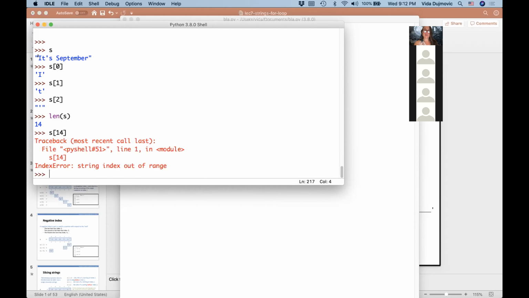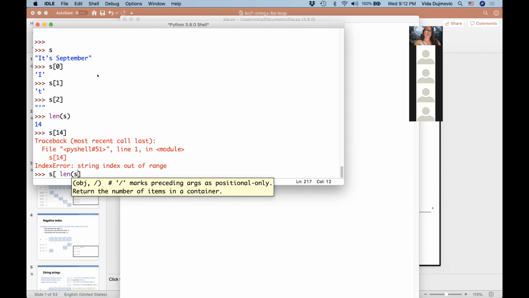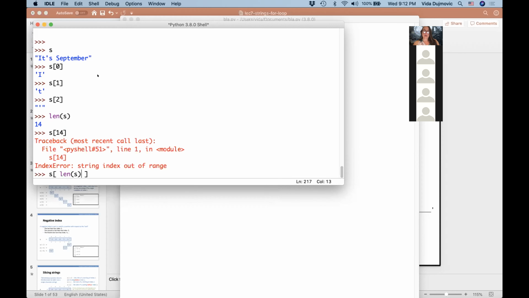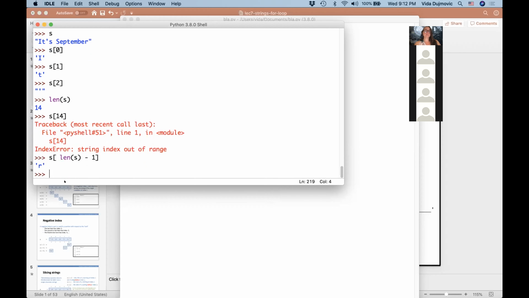If the first character is at 0, then the last one is at the length of the string minus 1, which is at position 13. So if you don't know the length of a string, here's how you get the last character. You say, give me whatever is in length of the string minus 1. That's what the last position is. And we get that the last character is R in this string.